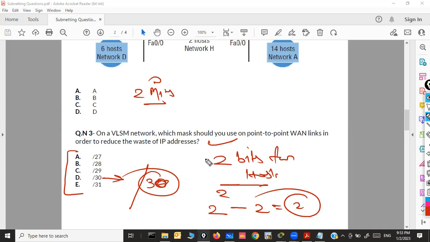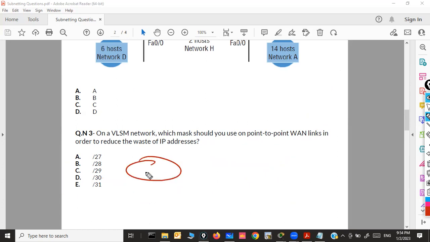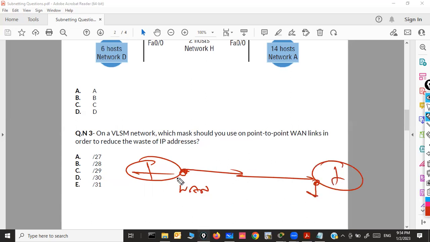This way there is no wastage of IPs at all, because even a small subnet would be created with only 2 IPs, right? So you can assign one IP to this router WAN port, and another IP address from the same network to this one.